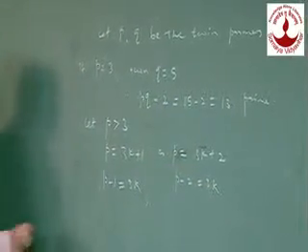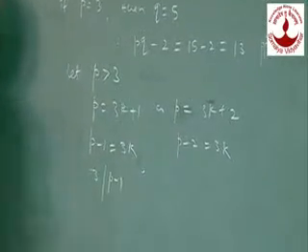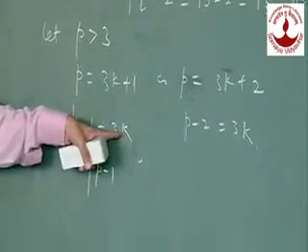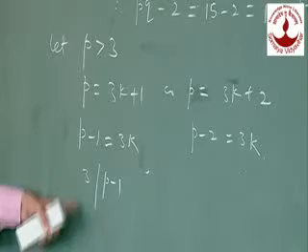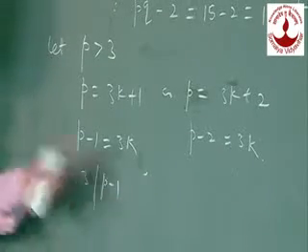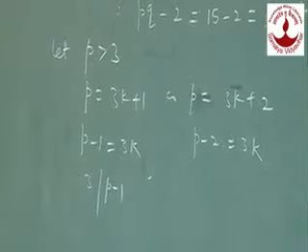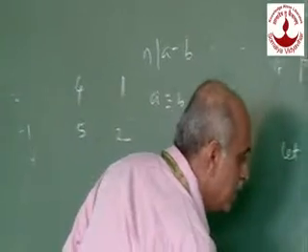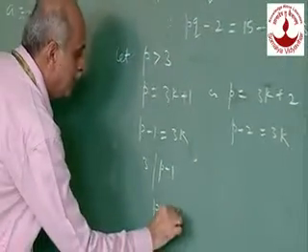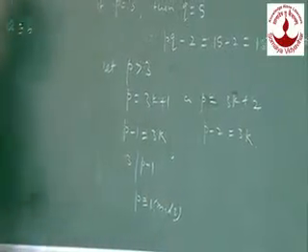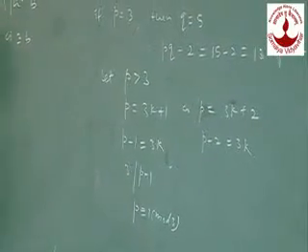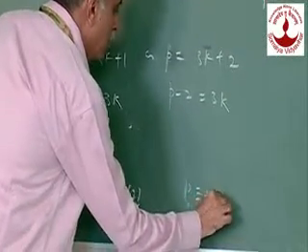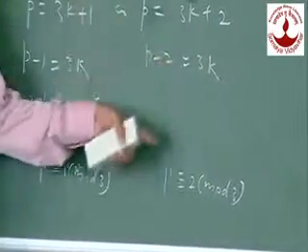And if we come back to the congruences, we mean 3 divides P minus 1. That difference, because 3 is a factor. Because the right hand side is divisible by 3, the left hand side is also divisible by 3, and therefore we say 3 divides P minus 1. And if n divides A minus B, A is said to be congruent to B. So, I will write P is congruent to 1 modulo 3, and here we write in this case P is congruent to 2 modulo 3. Same here, the difference is divisible.